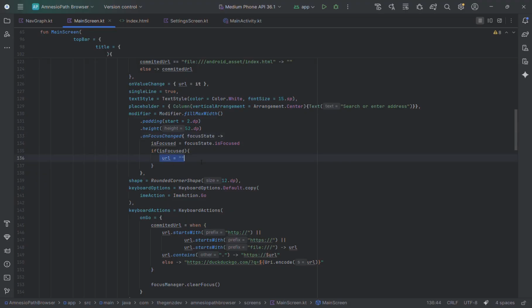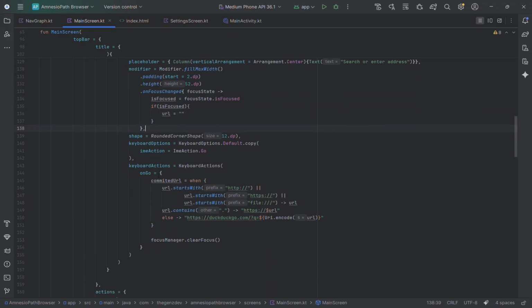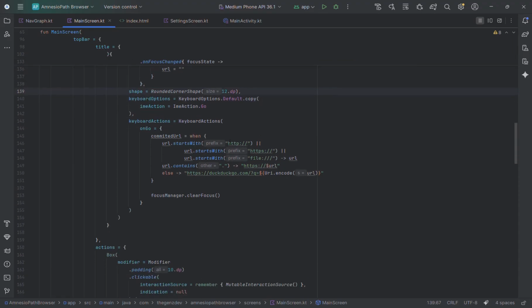The URL would be empty. So whenever you click the search bar, it's going to go empty, even if it's got a URL inside it. And the shape of this search bar is a rounded corner shape. And keyboard actions define what happens when you press the done or enter button from the keyboard, and it's set to go for searching URLs. And then we have the keyboard action